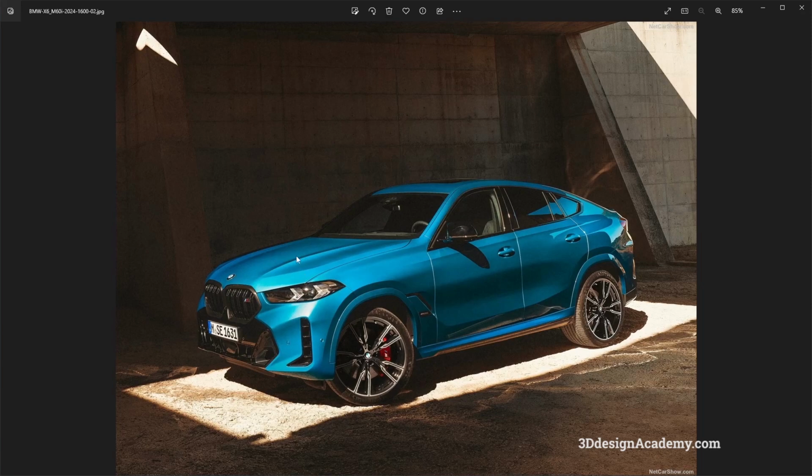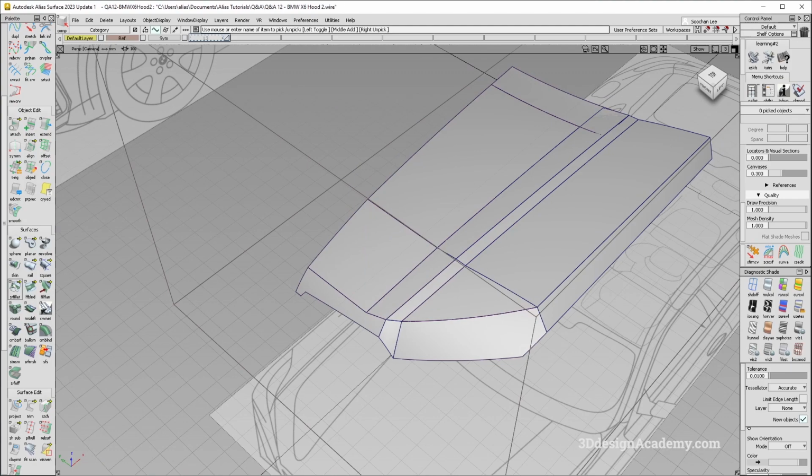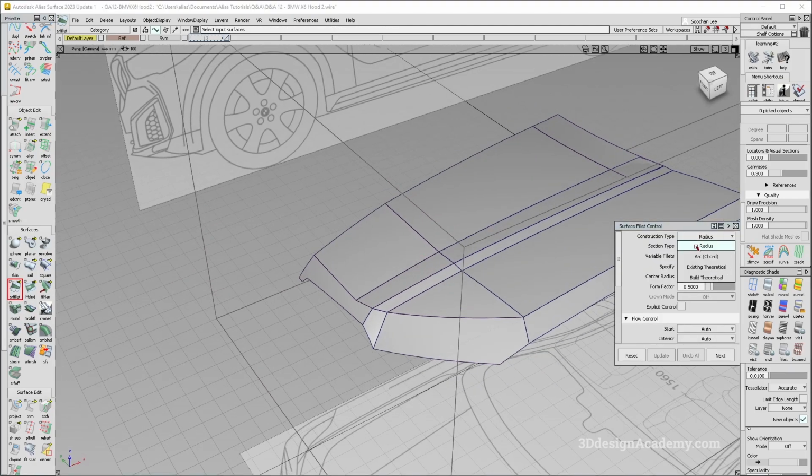And it does have a very generous fillet over here. So I'm going to start with that. So let's go ahead and grab a surface fillet over here. It's going to be chord. It's going to be G2. And let's make it something big. So I'm going to start with